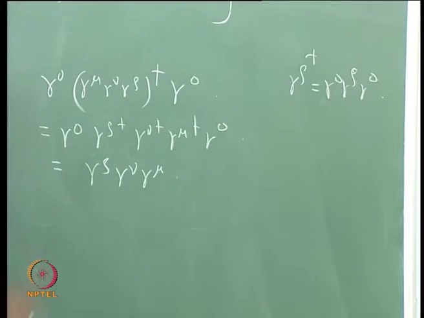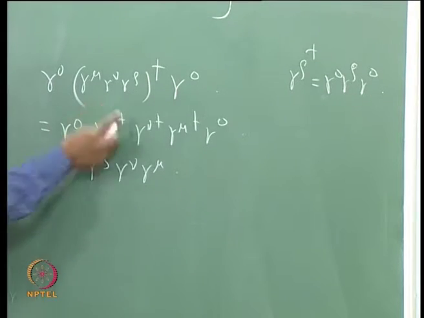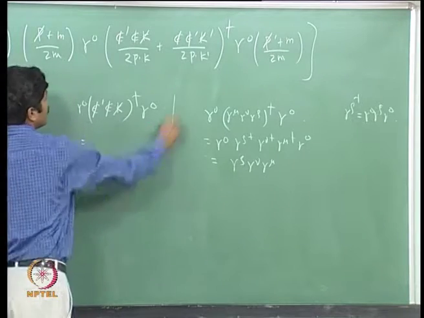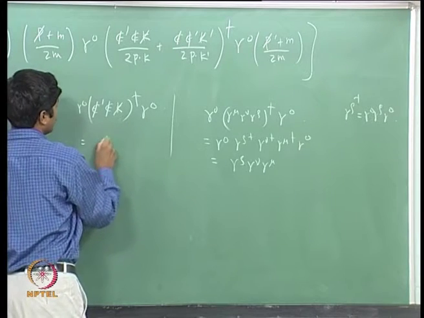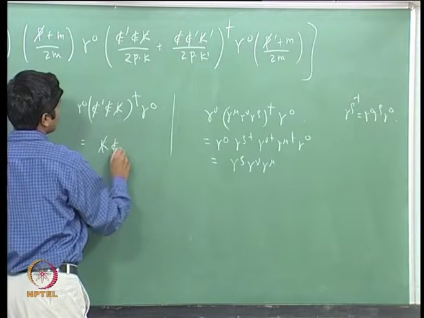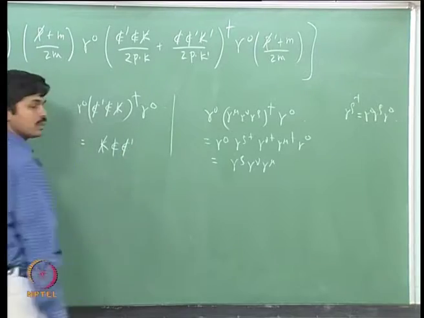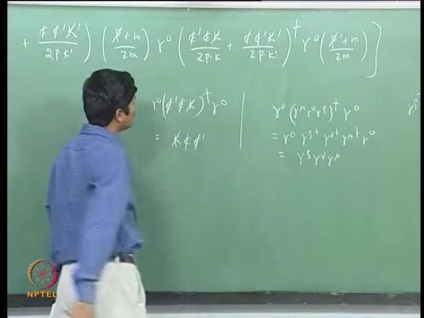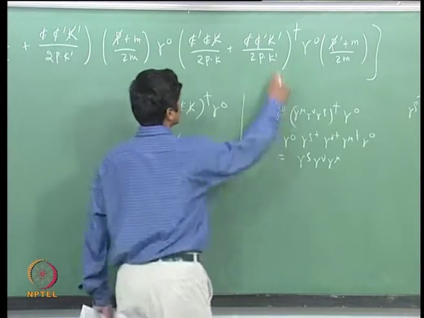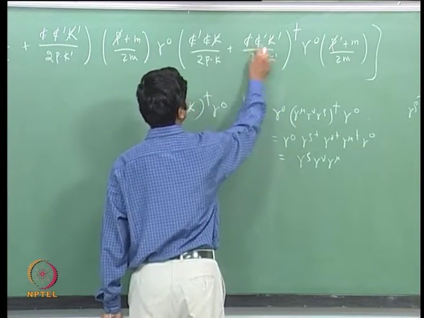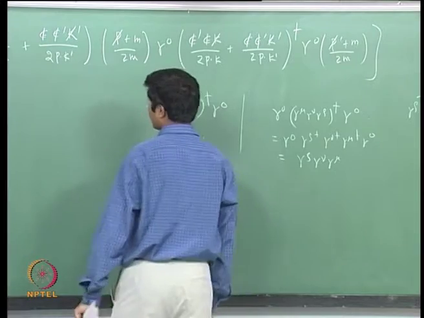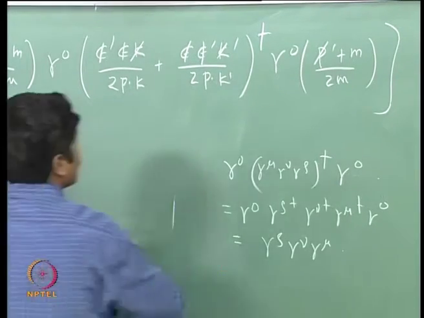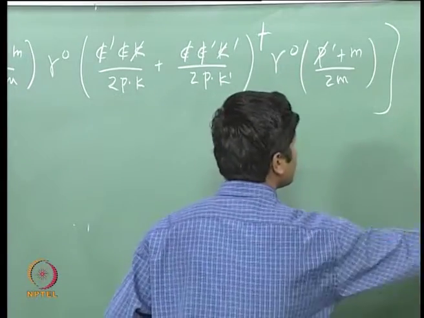So, this bar just reverses this order here. Therefore, this quantity will simply be k slash epsilon prime slash. Similarly, the second term here will have this, the order will simply get reversed and nothing else will change. So, using this we get